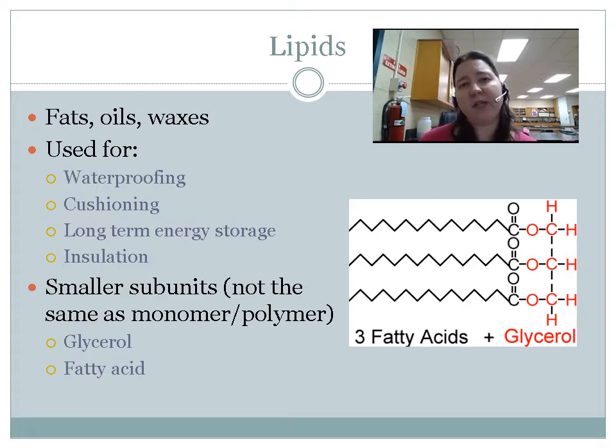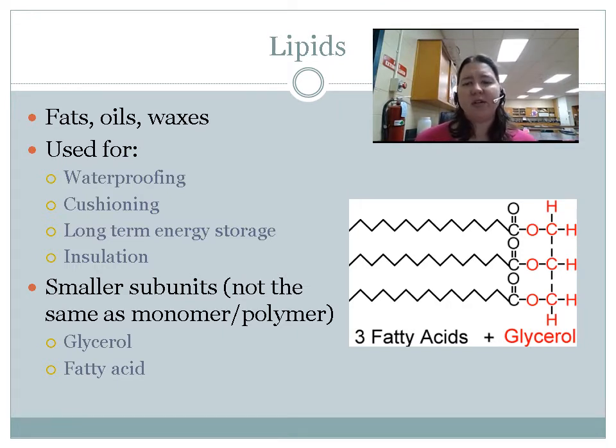So if you remember, carbohydrates were energy that your cell was using right then and there to make ATP to do stuff. Fats are used to store that energy long term. So this is where, if you think about all the different stuff they talk about with diets, as far as carbs being bad, fats being bad, this being bad, that being bad, neither one of them are actually bad. But what happens is, if you have too many calories, your body goes, hey, let's hold on to these. And because fat is a molecule that's easier to store, it basically rearranges it, turns it into fat for storage for later use, and then you can go into your fat stores and so on and so forth.